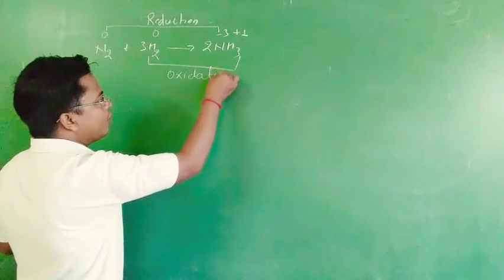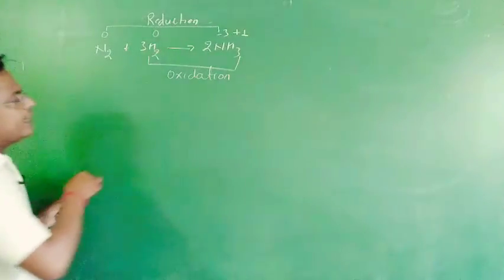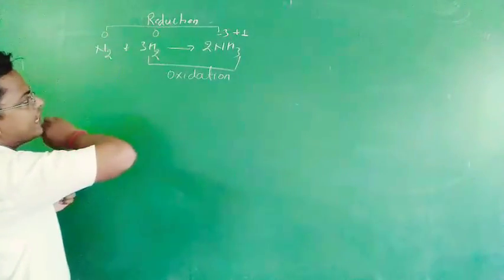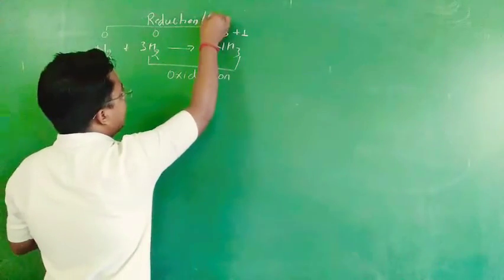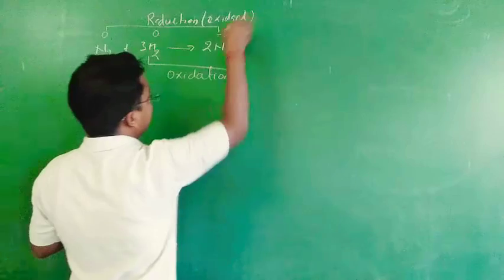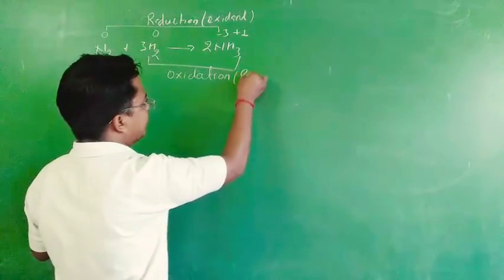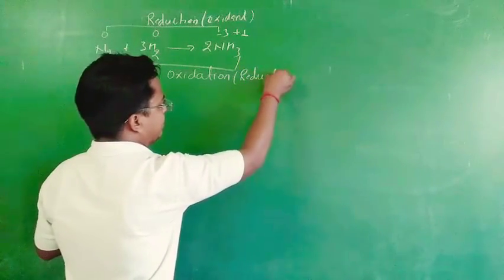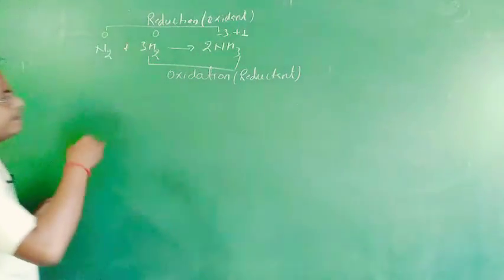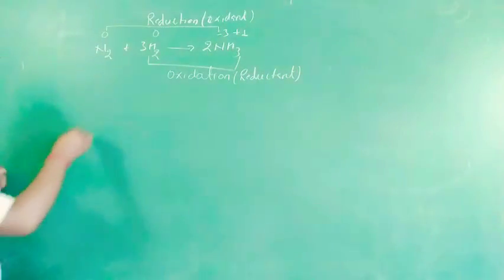If we want to identify the oxidizing and reducing agent, then the substance reduced in the chemical reaction will act as an oxidant or oxidizing agent. Okay, the substance oxidized is the reductant. Okay, let us have some more reactions like